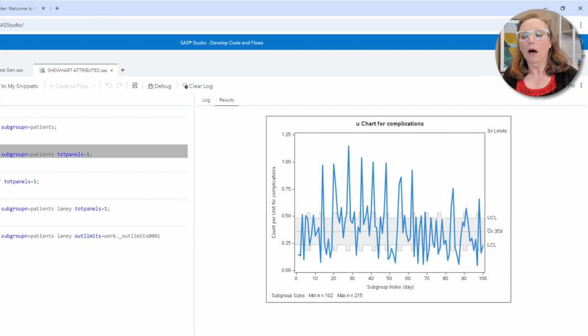And whoa, look at that. This control chart is all over the map. There are observations that are way too high and way too low, and those control limits are just kind of squeezed around the middle there. Turns out what you're seeing is a phenomenon that's fairly common with attribute data.